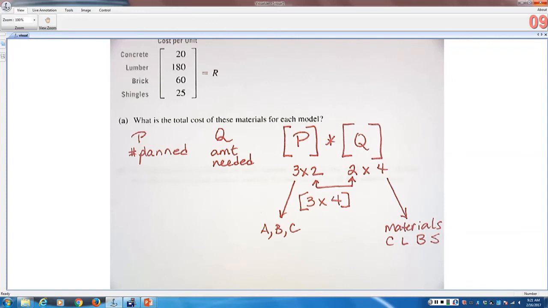The hardest part about the applications problems is not doing the math. Calculator's going to do the math. You have to figure out which matrices you need to multiply and what order you need to multiply them in. So that's why I didn't want to get into this yesterday. We only had a couple of minutes, we need a little longer than that to talk about it. So when we actually do that